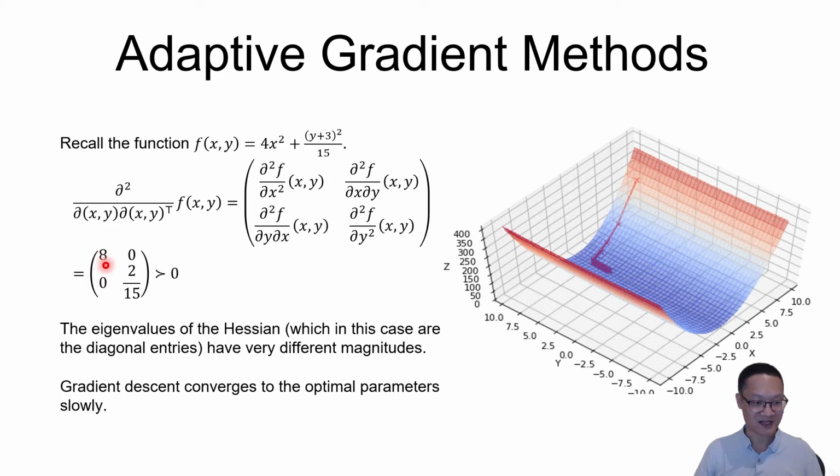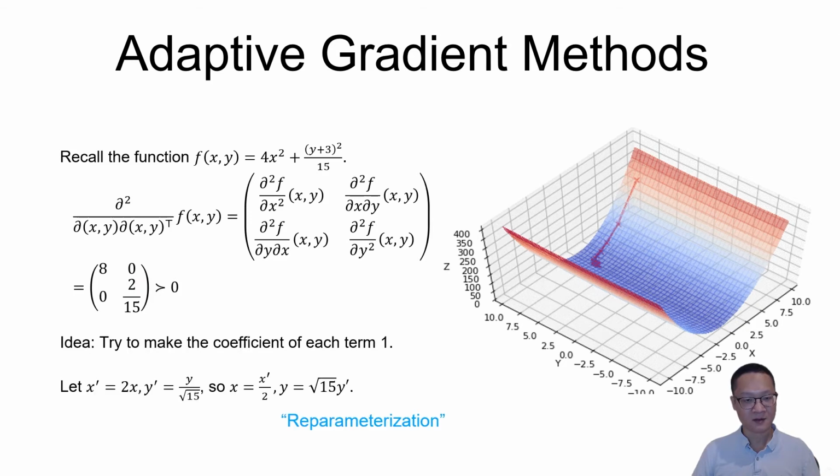The underlying reason was actually that the Hessian matrix has very different magnitudes in the different components. So the eigenvalues of the Hessian have very different magnitudes. But actually, this shouldn't really happen because the only reason it happens is because of these scaling factors, right? So can we just redefine another coordinate system where in the new coordinate system, we don't have the problem of really different Hessian eigenvalues,